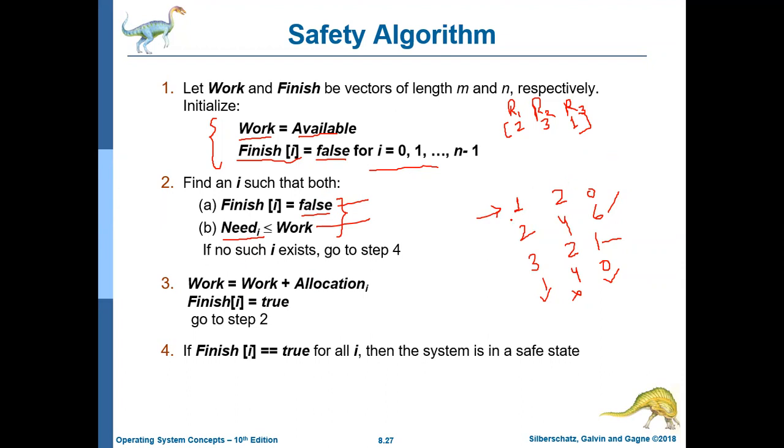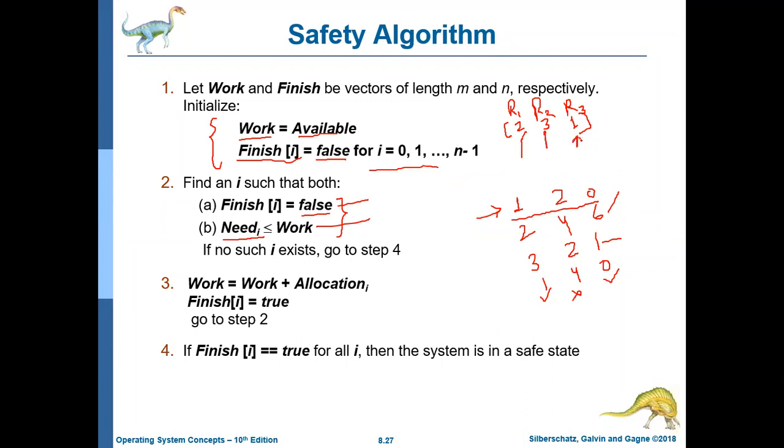This is the need of this process. The allocation part is something else. Allocation means whatever it is having. It will release all the resources, so its released resources will be added to your free availability.